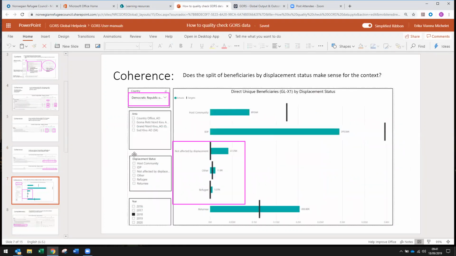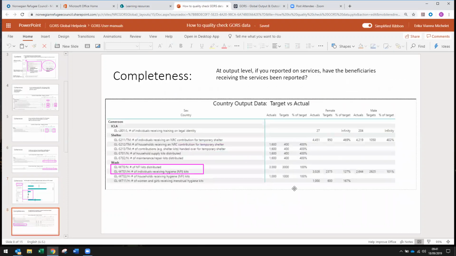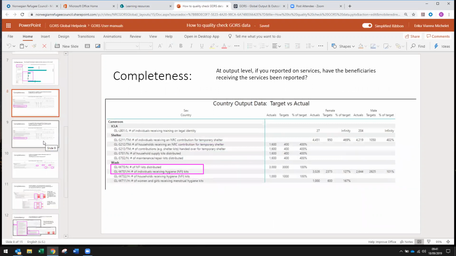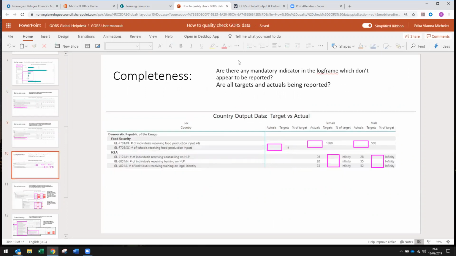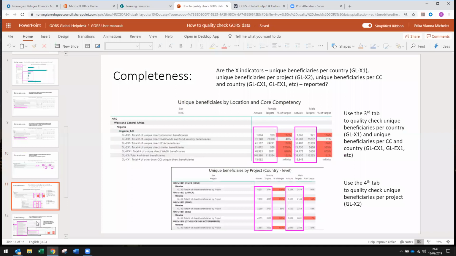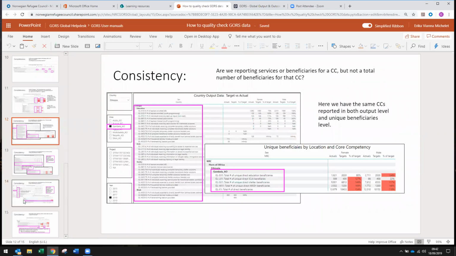Now showing the different questions, they are also in a checklist on how to check the quality of your GORS data. Today, my idea is more to show you how to use the Power BI and not go exactly on the questions because they are all here. And we can follow up with one going on the questions in doing a case study, for example, if there is interest from your end. So